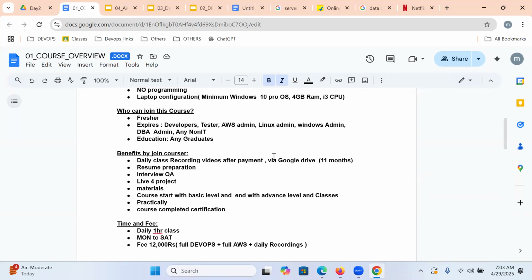Yeah. So you can access up to 11 months. Means maybe it is around 1 year from date of registration. Officially, we need to give an expiry date. If we provide any product and service, we need to tell the expiry date. We can't say a lifetime.